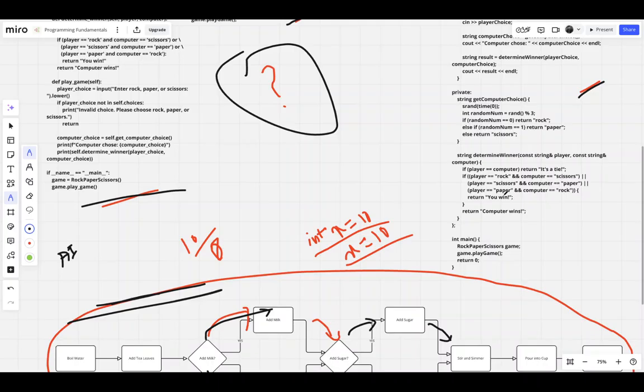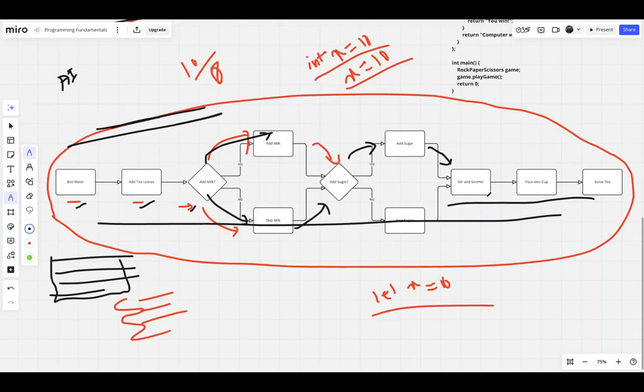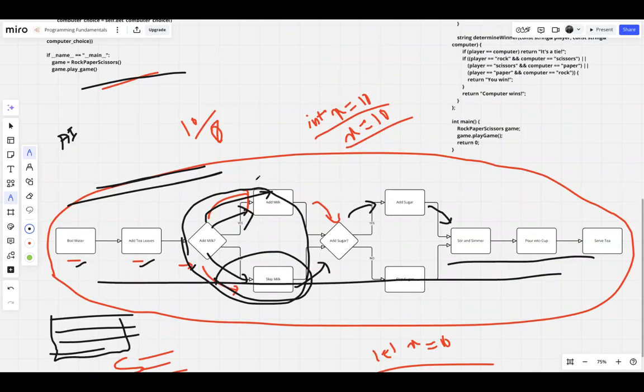What's interesting is that a computer won't mess up unless your instructions do. So if an app crashes or something goes wrong, it's because we didn't give proper instructions. Suppose you don't have this conditional block here which checks whether you want milk or not. Then even if someone does not want milk, he will get milk. So that's a problem, not in the system, but in our instructions.